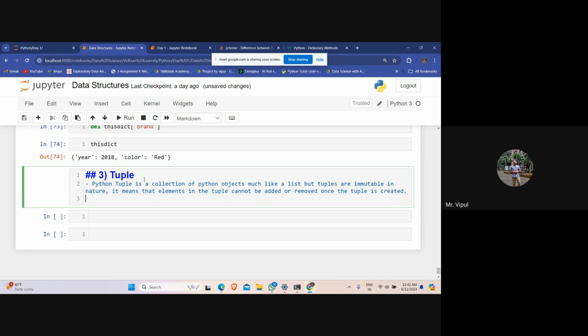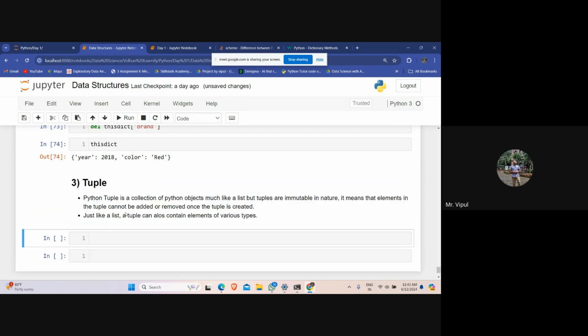Once a tuple is created, you cannot add an element, you cannot remove an element. Just like a list, a tuple can also contain elements of various types.